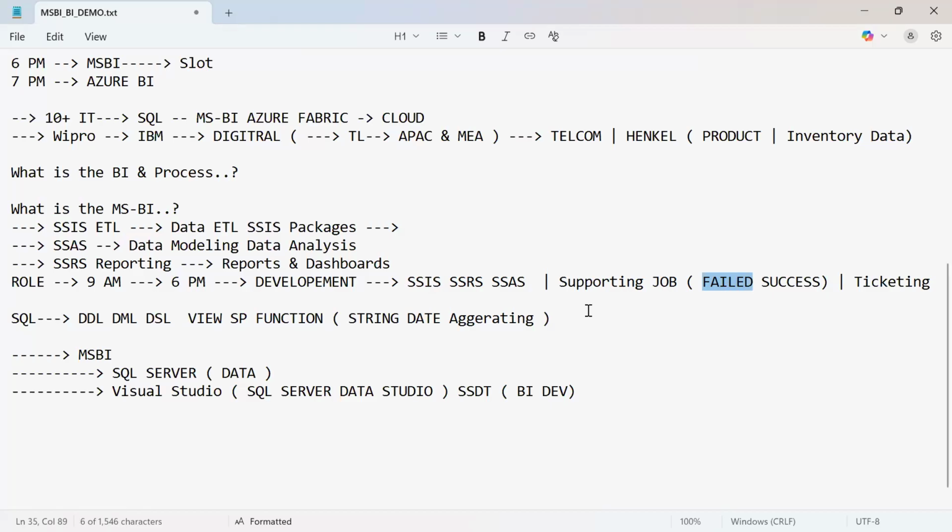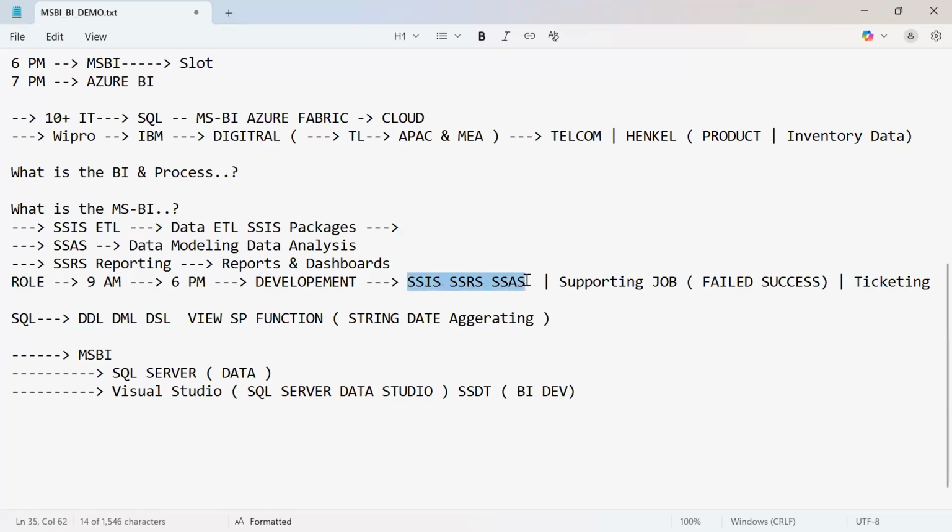If you are hired as an MSBI developer, they're going to give you work on this module also. They will not let you directly go and start development. Nobody will give you that, guys. It is not like a shop job. This is corporate work. First they'll test which side you are good at, which technology, and how well you understand this profile.